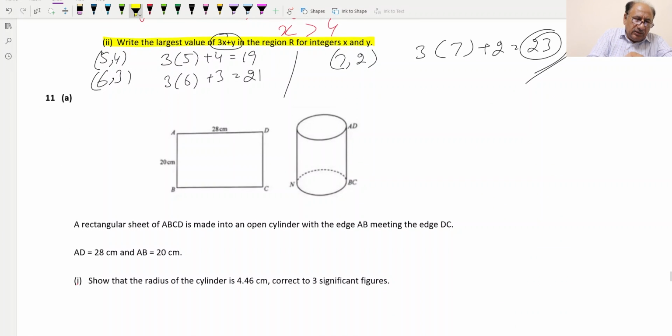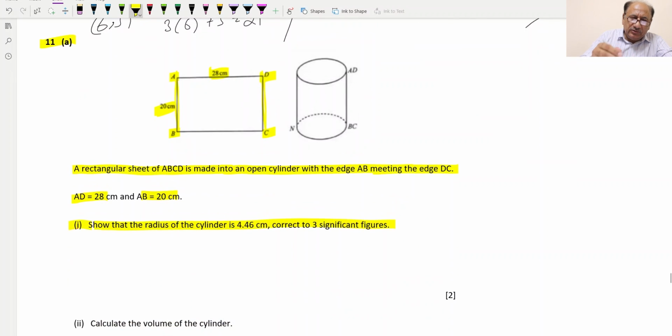Now the question number 11, A part. A rectangular sheet ABCD is this one, made into an open cylinder with the edge AB meeting the edge DC. So this AB is meeting this one, and cylinder is made. AD is equal to 28 and AB is equal to 20. A part: show that the radius of the cylinder is 4.46, correct to three significant figures, and circumference will be